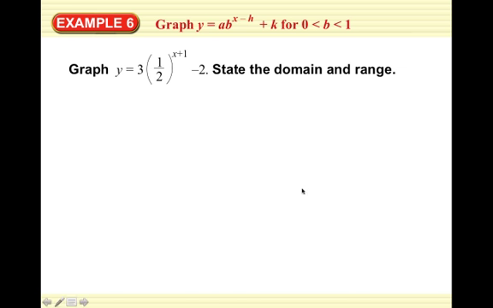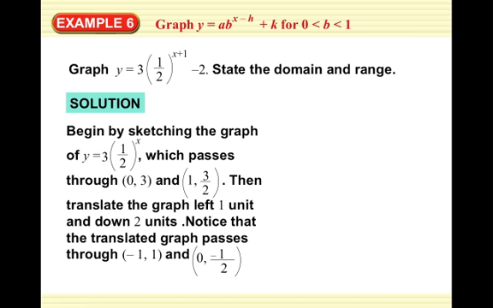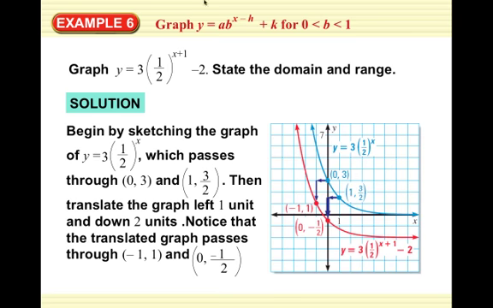All right, so we're going to graph y equals 3 times 1/2 to the x plus 1 minus 2, and we're going to state the domain and range. Just like before, you're going to look at the function without translations first, and then we'll consider what the translations are and get our final answer. So we're going to begin by sketching the graph of y equals 3 times 1/2 to the x, which passes through